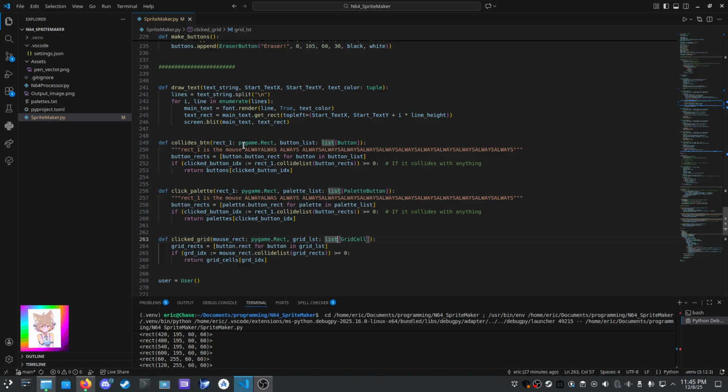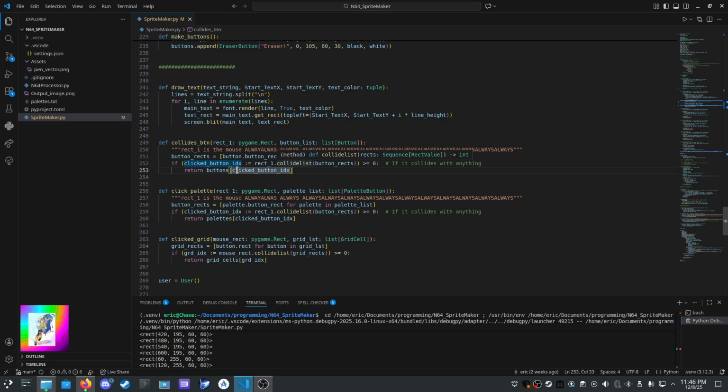We'll show you what calls it later, but the rect one is always the mouse. You can see I named it mouse rect. So the cursor, if I click something, we're essentially just saying that if it collides with any rectangle in this list, we're going to return the index of the buttons, the clicked button index.